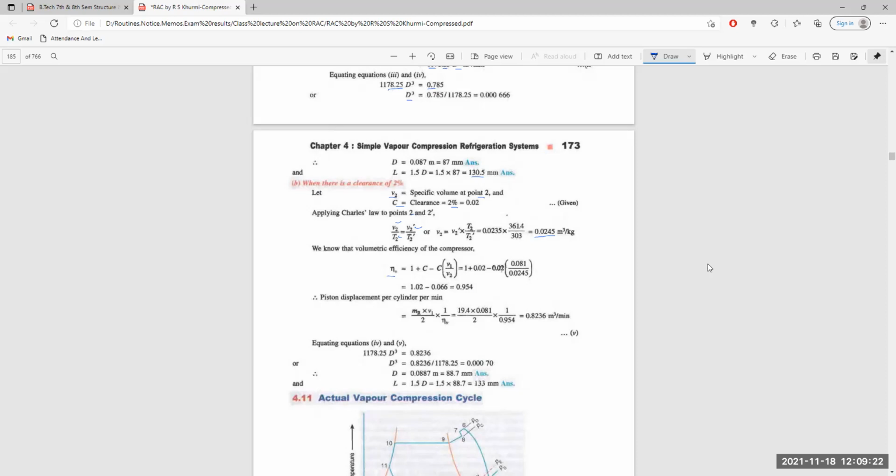Volumetric efficiency is 1 plus C minus C times V1 by V2. We know V1 and we have calculated V2. We put them in, and the specific clearance is C equal to 0.02, so the volumetric efficiency will be